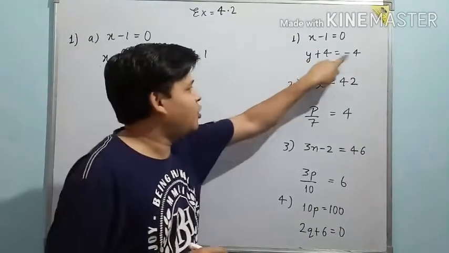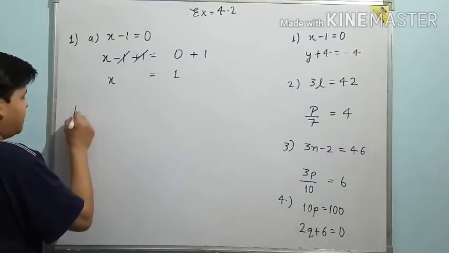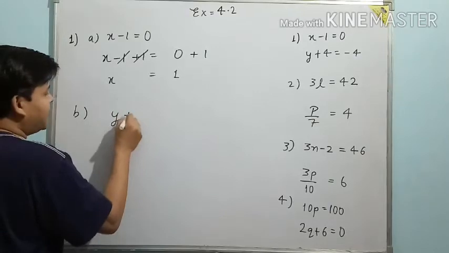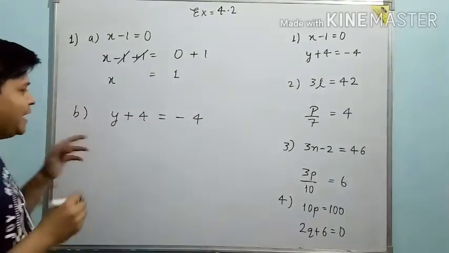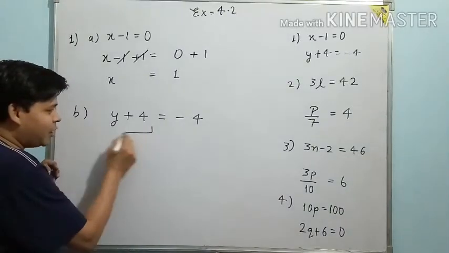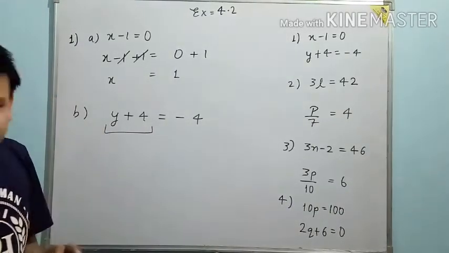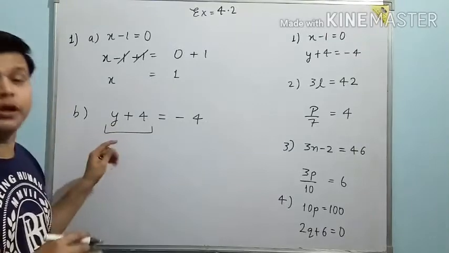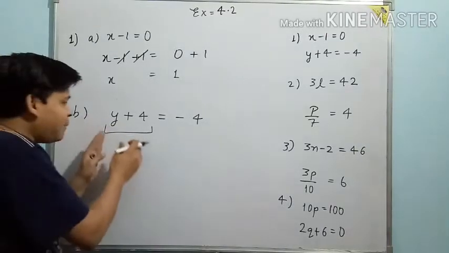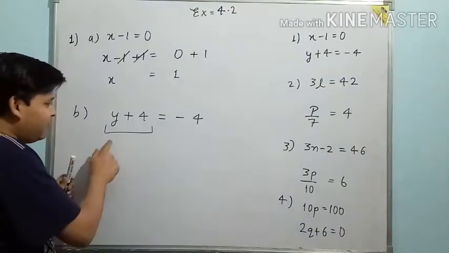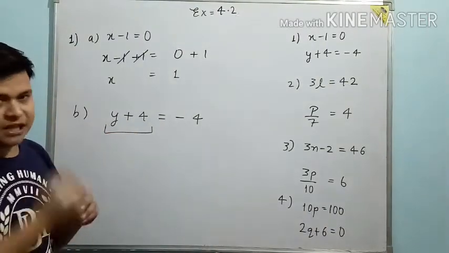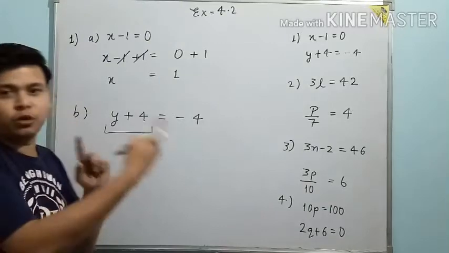Next is y plus 4 is equals to -4. So let's take the b part. Y plus 4 is equals to -4. So as I told you, just see that part where we have the variable. यानी हमको वो part देखना है जहाँ variable है. तो उस variable के साथ आपको देखना है कि क्या दिया है, what is given there. So like with the variable we have here +4. So +4 is given, so we will do -4 in both the sides.